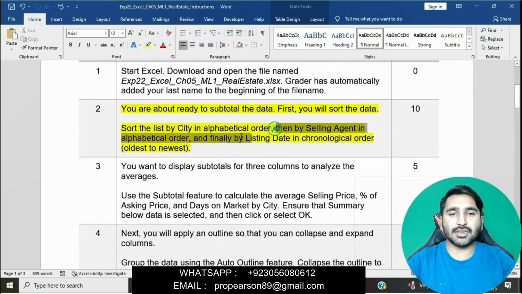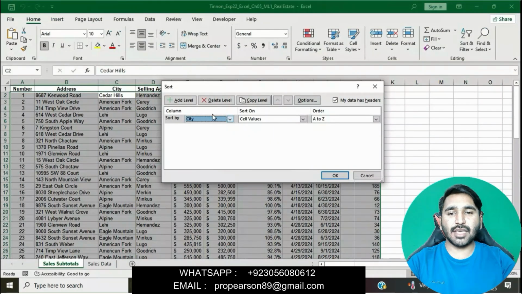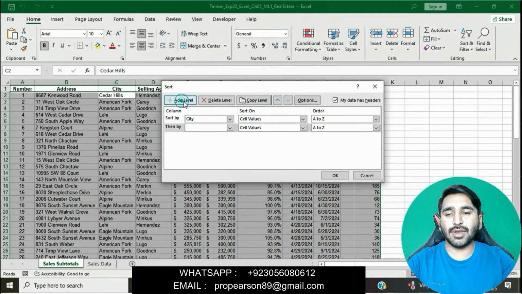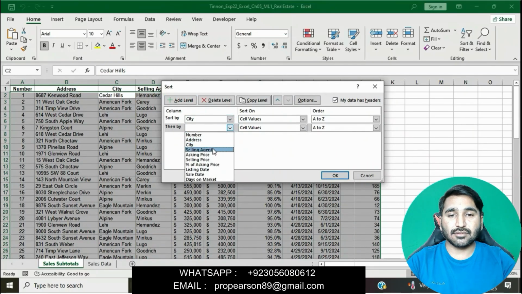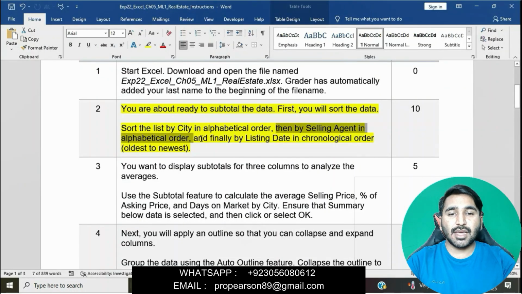Click Add Level and add the second level, selling agent, also in alphabetical order. And finally by listing date in chronological order, oldest to newest.